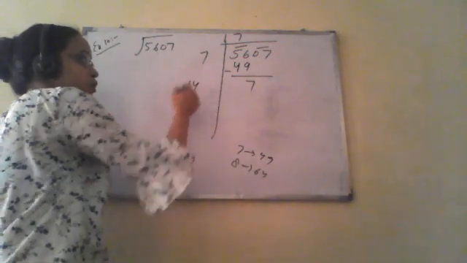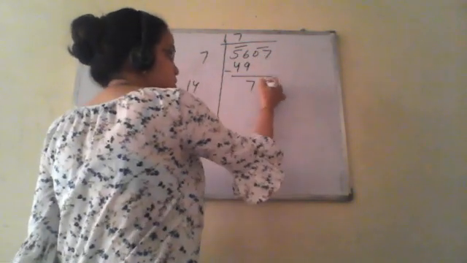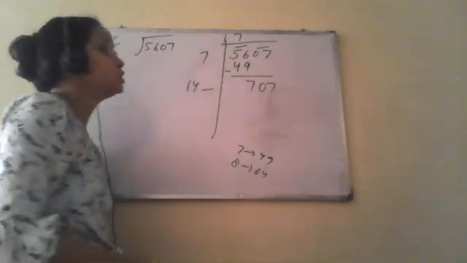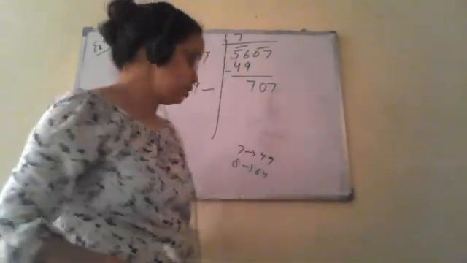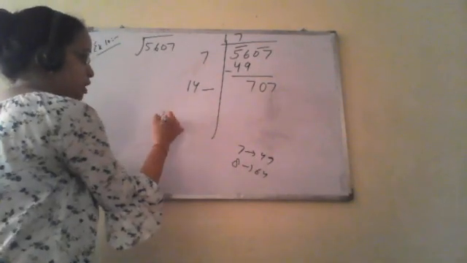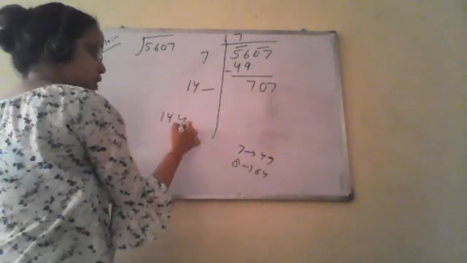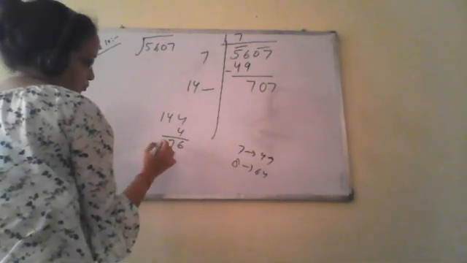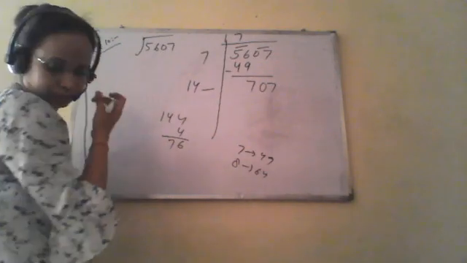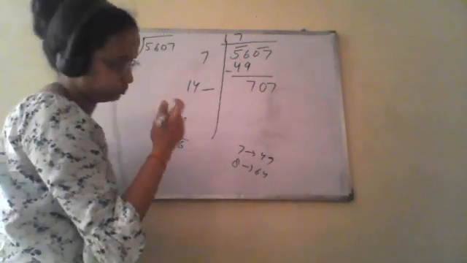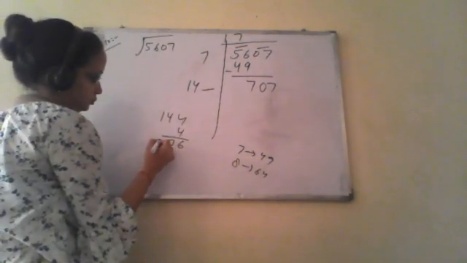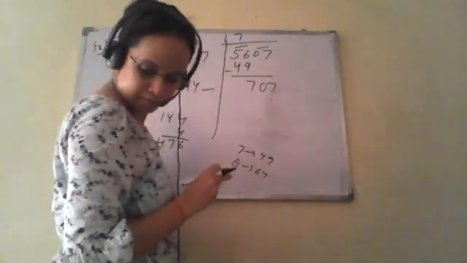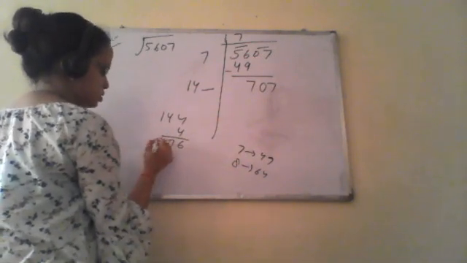So this is 14. And we will bring down this number. This is 7. Now we have to fill this blank and the next digit in the quotient by the same number. So we'll try with 4. So it will be 144 and the same number, that is 4. So we'll multiply. This is 576.